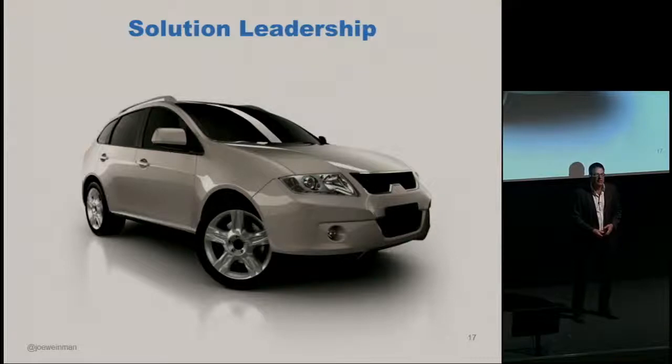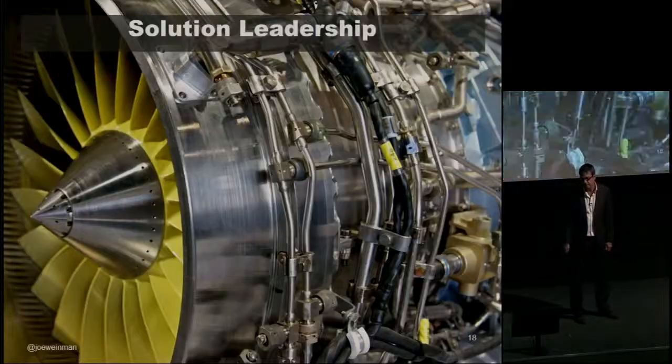So today's cars, of course, have 70 or more microprocessors. They connect to the cloud for concierge services, for navigation services, for entertainment, for vehicle detection, for real-time traffic updates, and so forth. And actually, they even connect to social networks. So your car actually will connect to Twitter and Facebook.